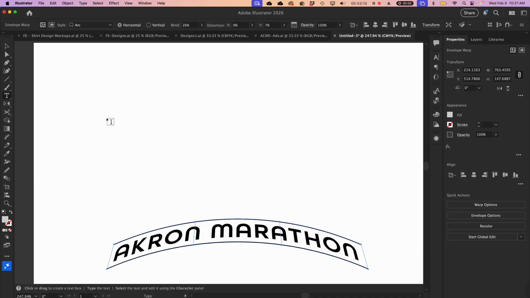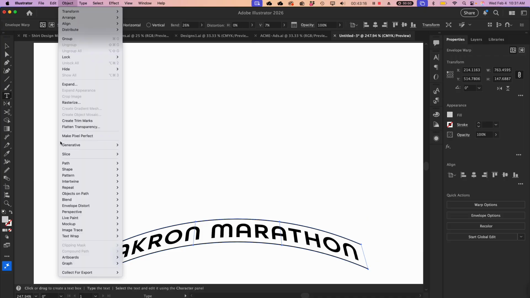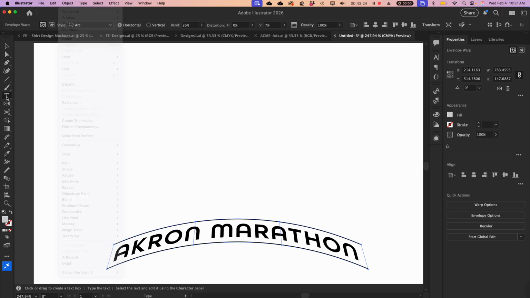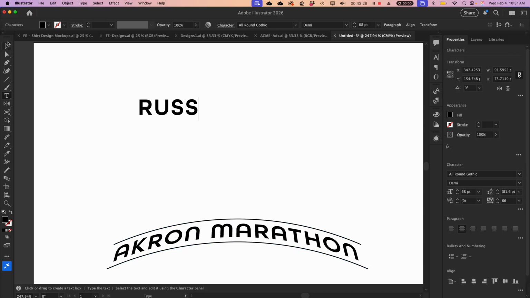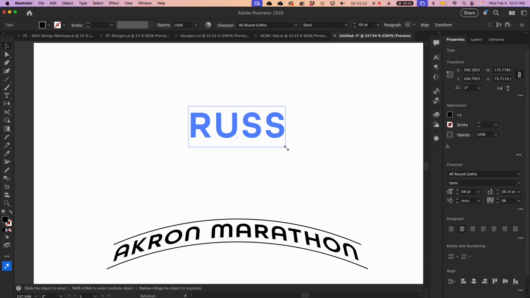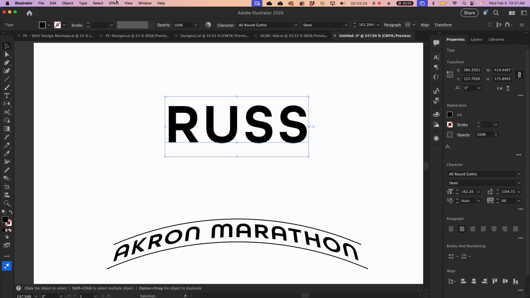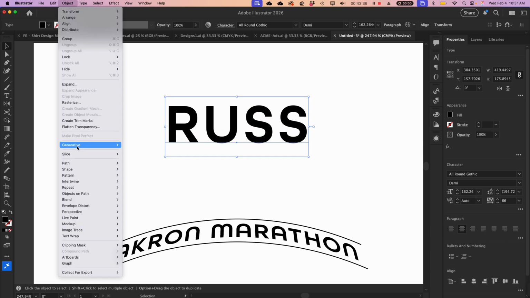So I'm going to move on to, again, within envelope distort, there's a make with mesh option. So if I just type my name, and I'm just going to scale it up. If I select under envelope distort, make with mesh,